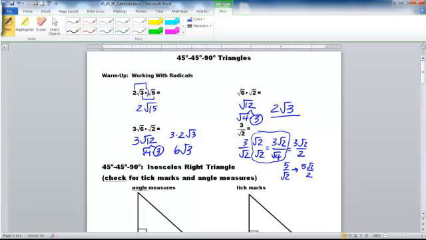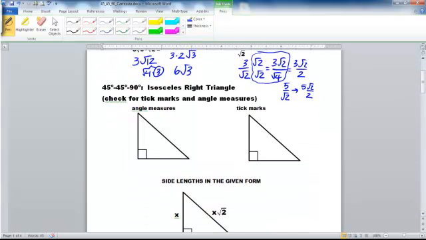Okay, so let's get to the 45, 45, 90 triangles. First of all, it's isosceles because we've got two congruent angles, that one and that one. And it says check for tick marks and angle measures. So for the angle measures, sometimes they're going to give us the actual angle measures. So now if I put 45 degrees here, we remember the angles of a triangle add up to 180. So 180 minus 90 minus 45